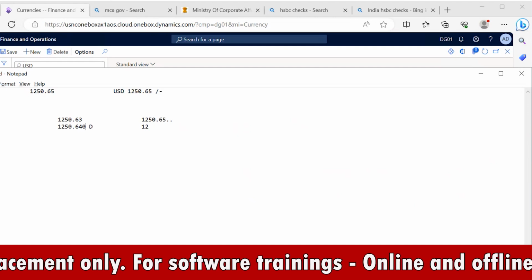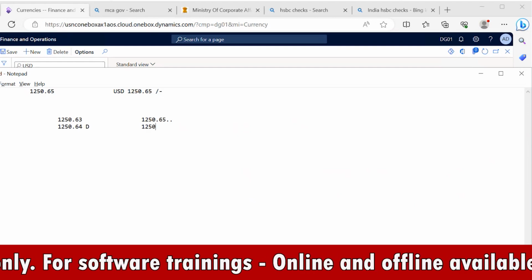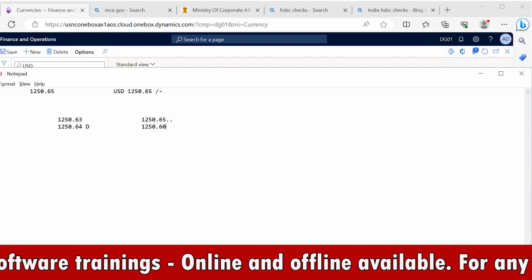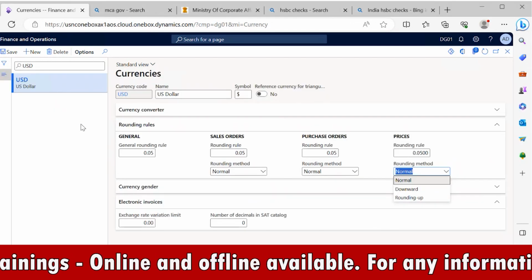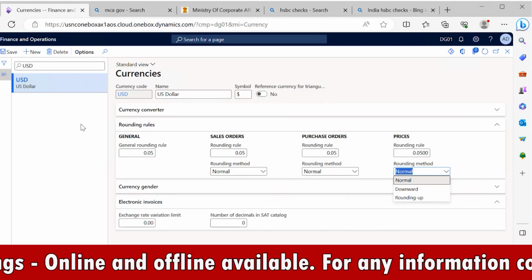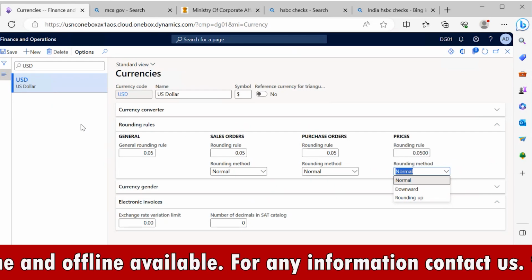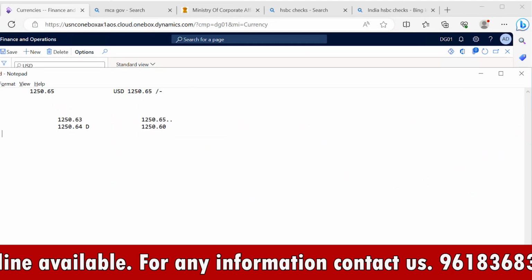Okay, system will calculate 1250.60. Why? Because you told the system it should round down to the nearest 0.05 that you have mentioned. If you can select rounding up, if the calculated amount is